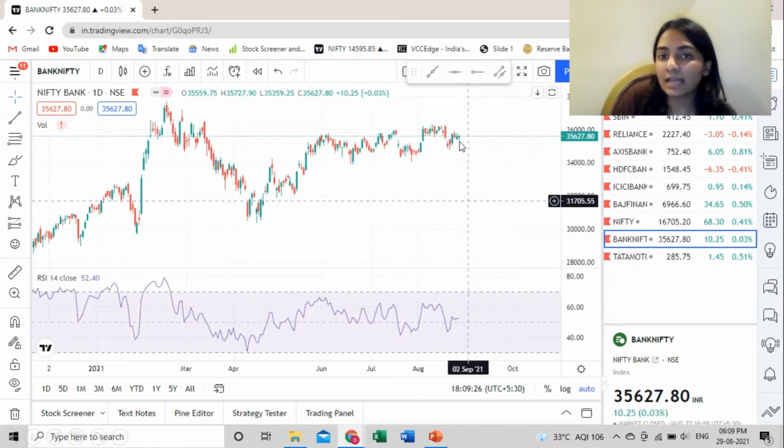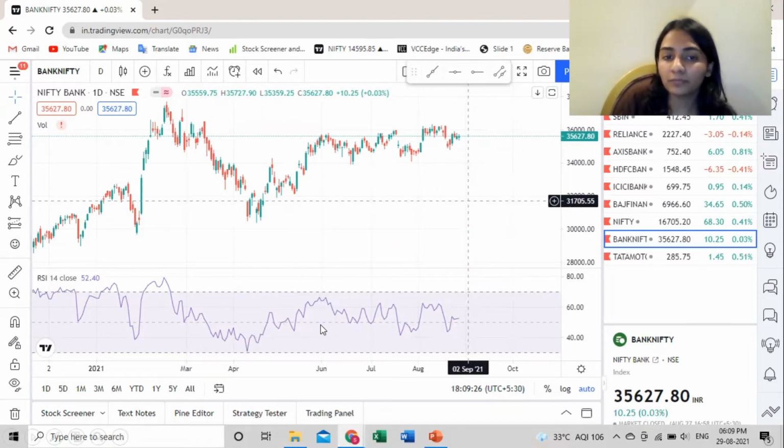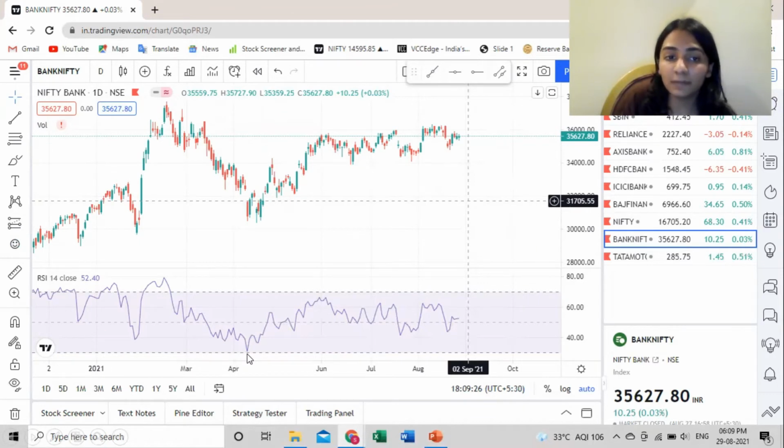This basically means that as the price is moving, when the RSI touches 30 or is below 30, it means that it is an oversold condition. At this point, you can probably buy the stock. As you can see over here as well, in April of 2021, the Bank Nifty's RSI just touched 30. And when the RSI is at 70, it means that the price is at an overbought condition. Near around January or February, the Bank Nifty was at an overbought condition as it had moved just above 70.